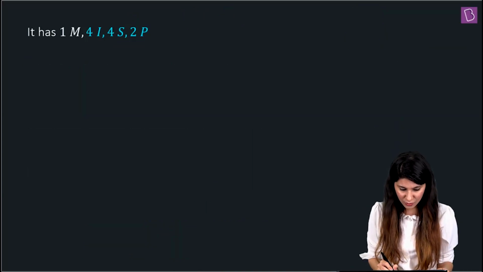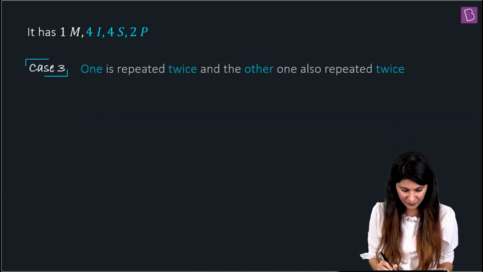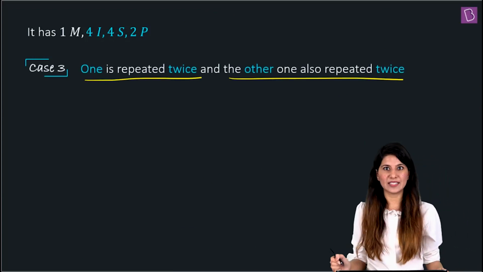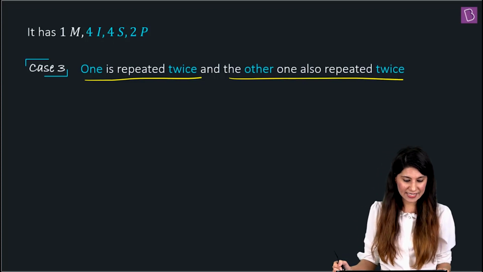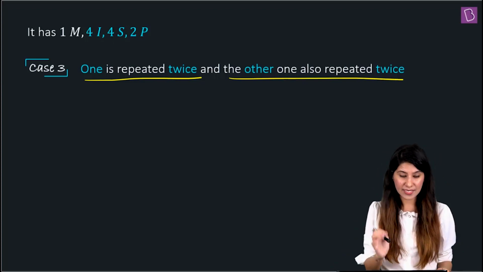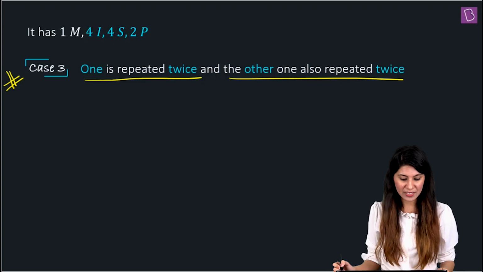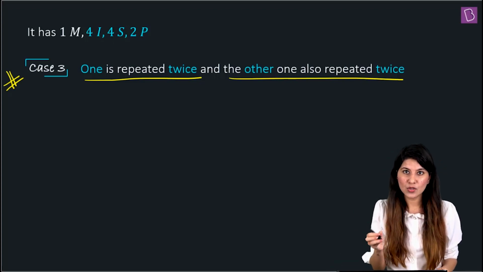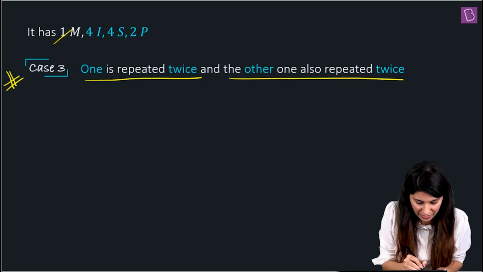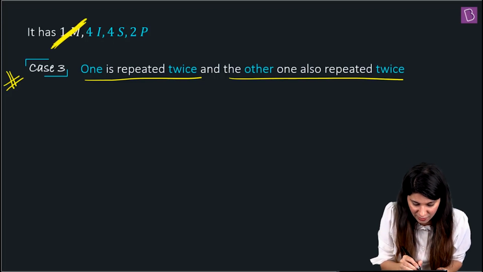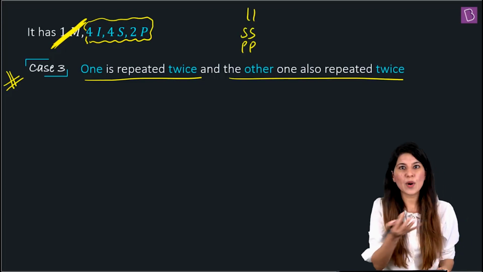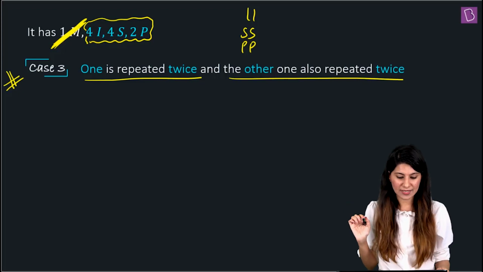Let's begin. So here is your case. One is repeated twice and the other one is also repeated twice, right? This is the case. So in this case you have to be very careful. How many actually two letters you have of similar type? So actually one M is out of this particular case. So I have actually 3 sets: I, S, S, P, P. The rest 2 I's I'm not interested in, the rest 2 S I'm not interested in, right?